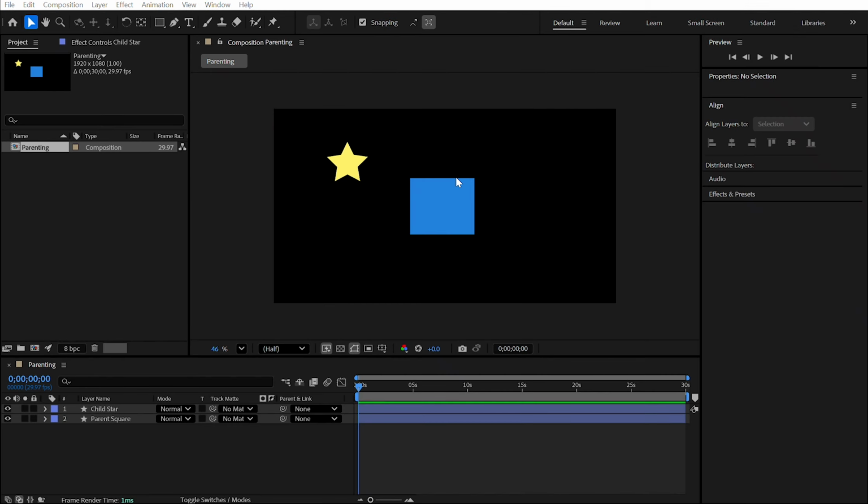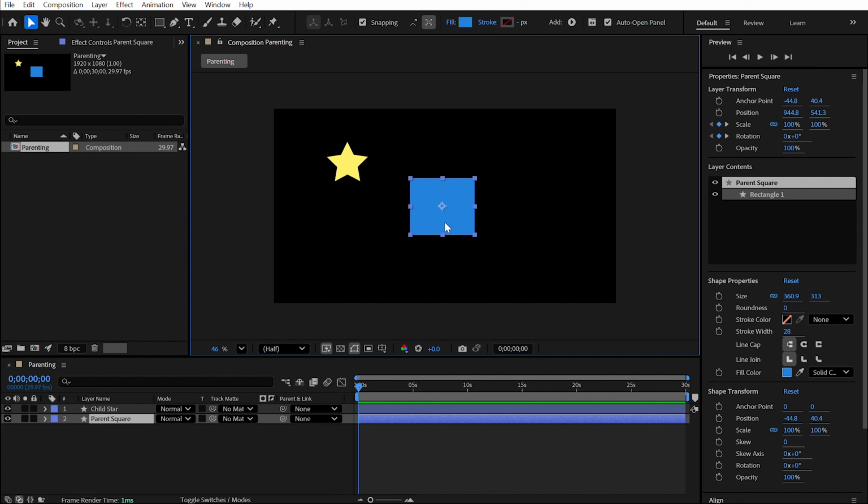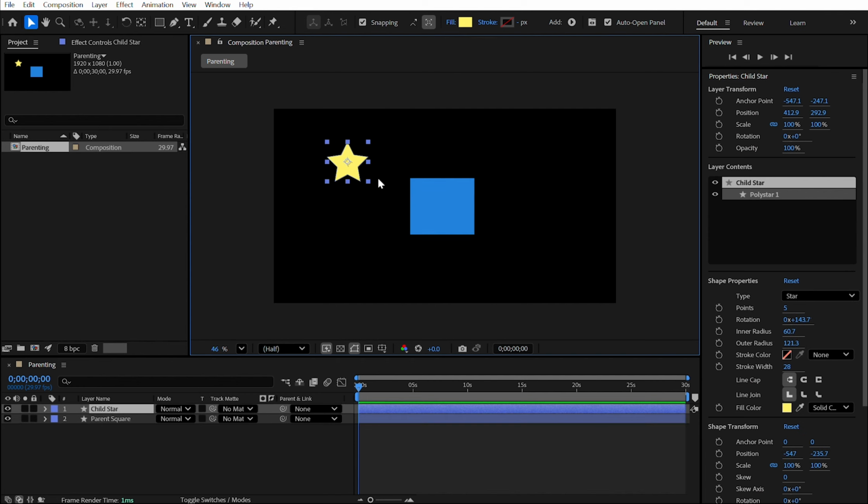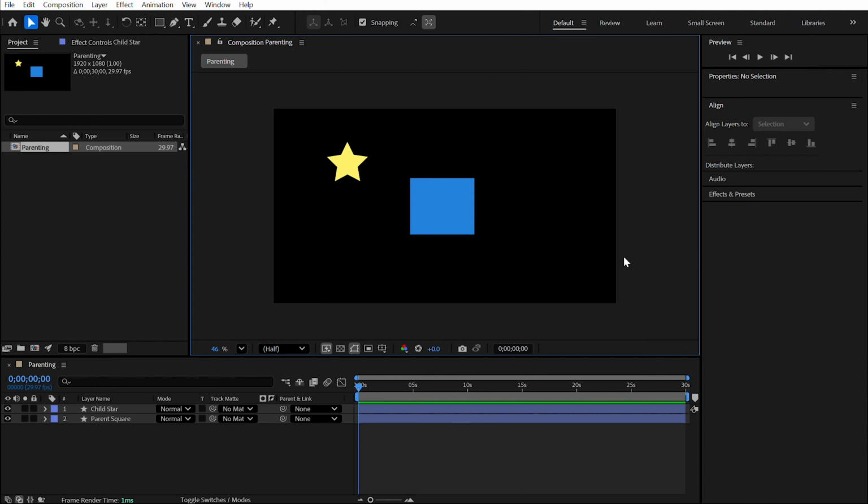So starting out, we have what I'm going to be using as the parent, the square, and what I'm going to be using as the child, the star. Notice how each shape has its anchor point in the center of itself. So parenting is a quick and easy way to animate multiple objects at once based on the parent layer without